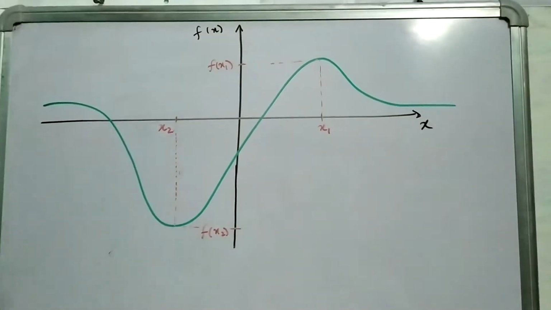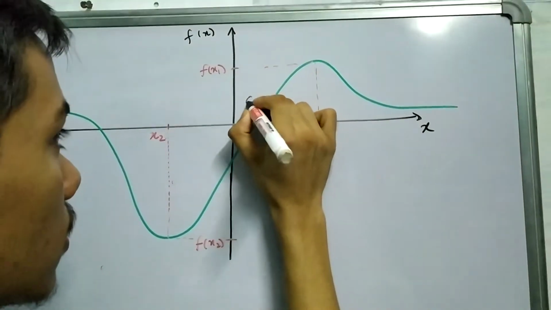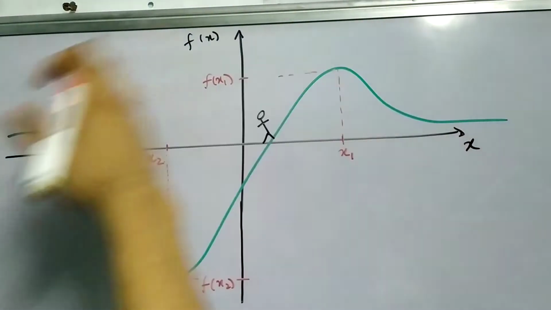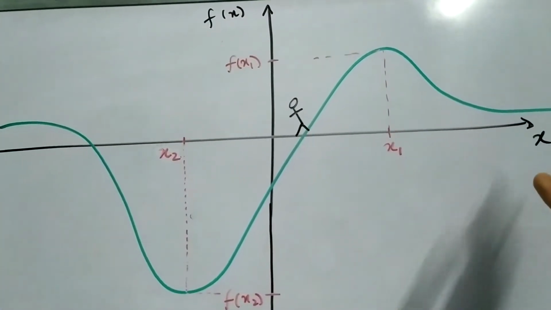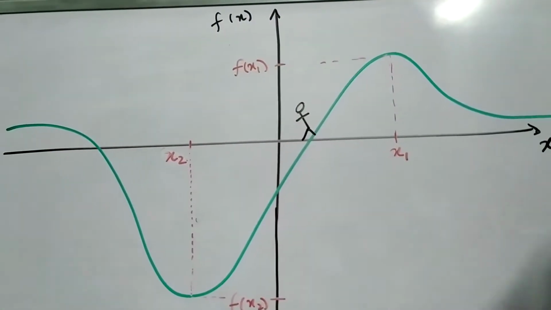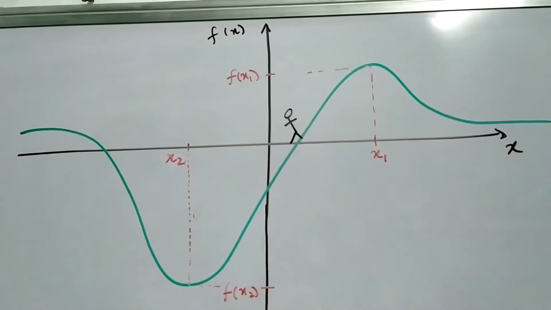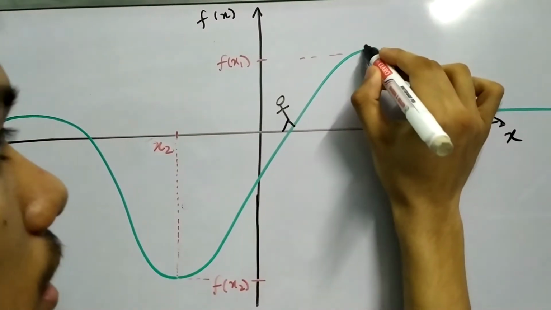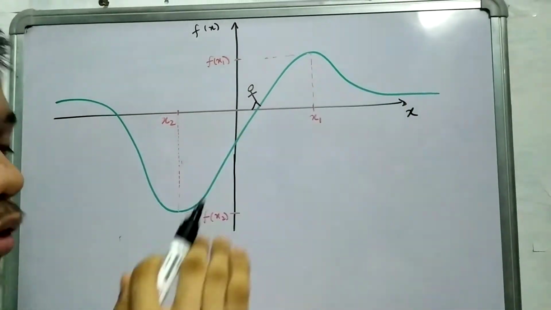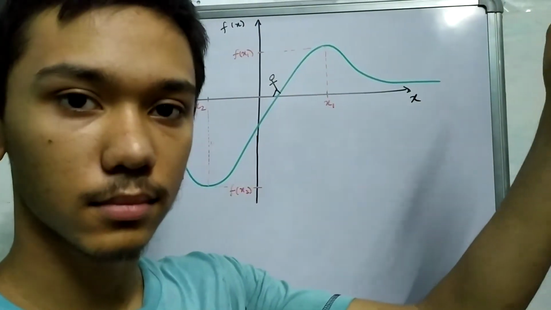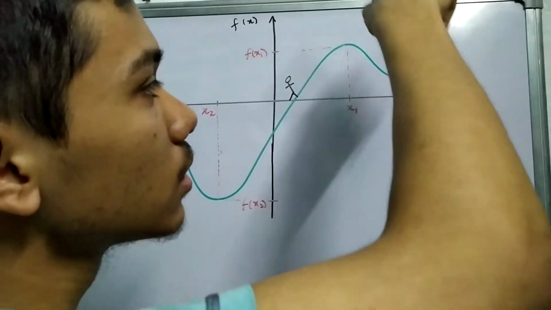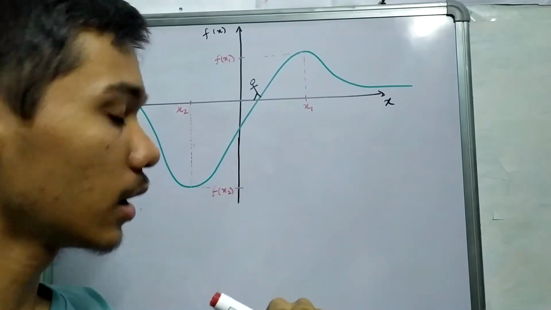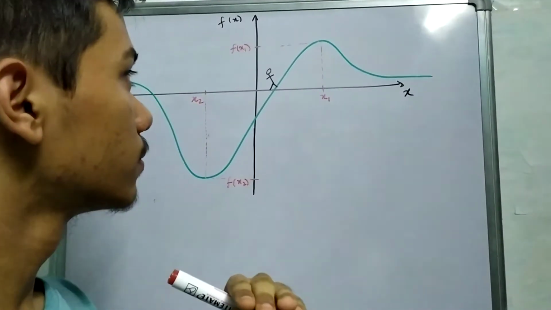So imagine that you are a person walking in a hilly area, and this hilly area is greenish in color. It is given by this function f of x. Now as you approach a maximum value, your function is increasing. And after you have reached the peak, the highest point, your function will go down, just like a hill.